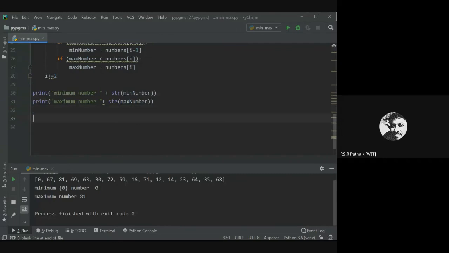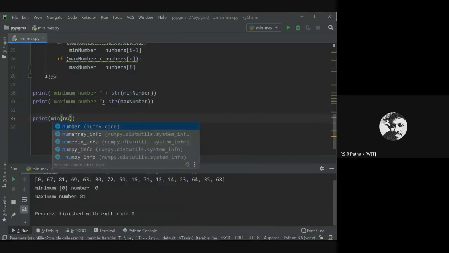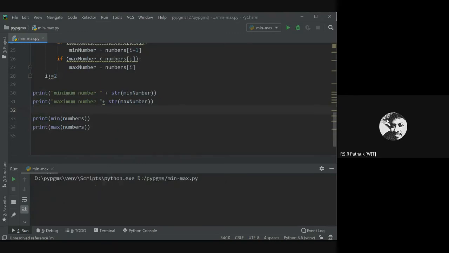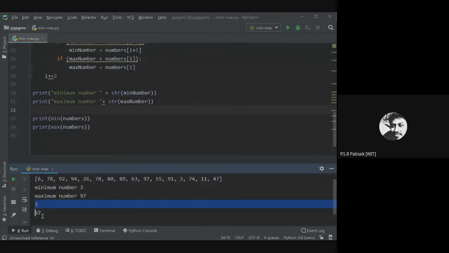And if you want to check again, remember your Python has a built-in minimum function, right? What is that built-in minimum function? Min. If I say min of numbers, you will automatically get the minimum of that. If I call max of that, I automatically get max of numbers. These are built-in functions. So now this is a good way to verify our results as well. Does the system also say it is the minimum? Does the system also say it's the maximum? Yes, you can compare.